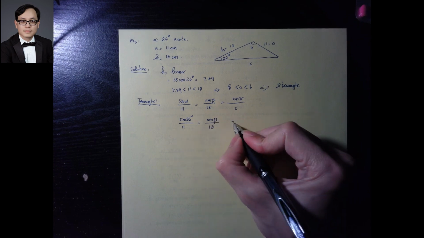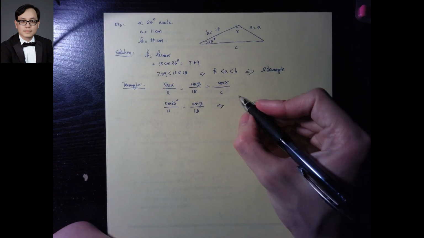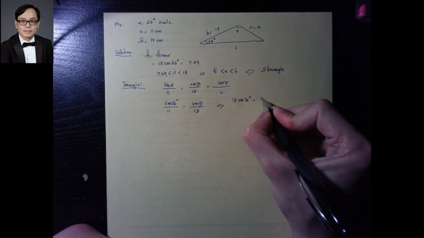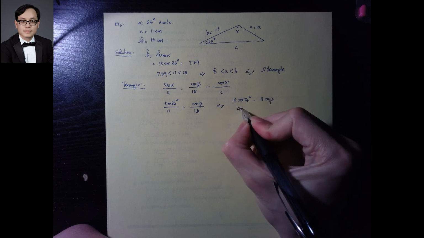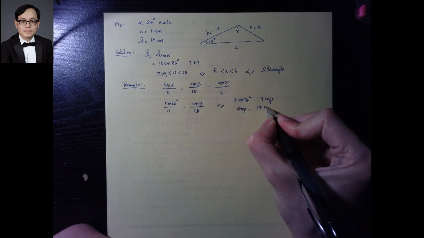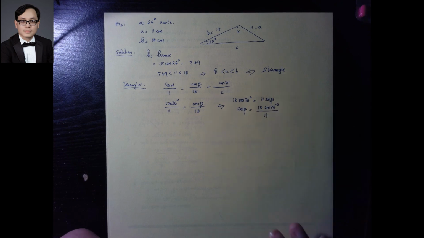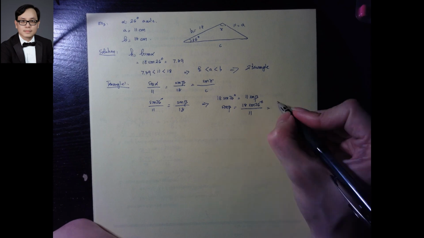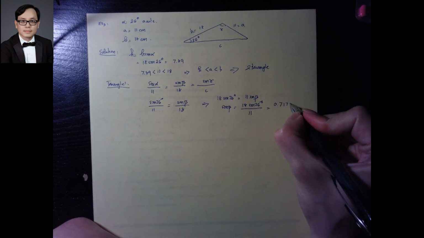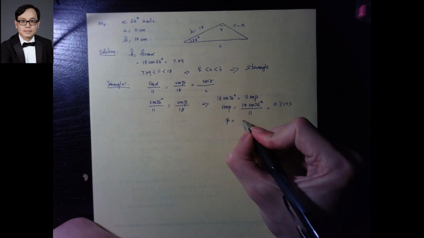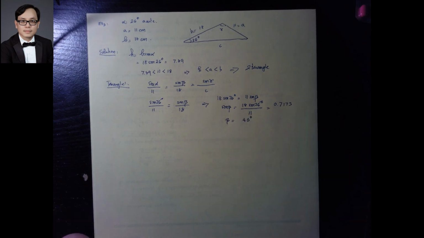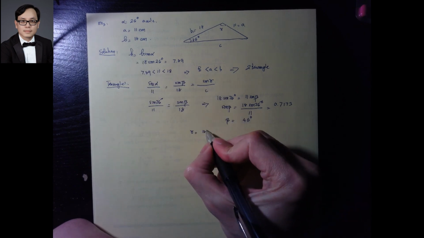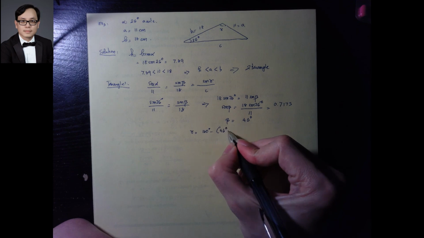From here I can solve for beta, right? So 18 times sine of 26 equal to 11 sine of beta. So sine of beta equal to 18 sine of 26 degrees over 11, which gives you 0.7173, and you take the inverse, which gives you 46 degrees. And now you got beta, you got alpha, and you can find gamma: 180 minus 46 plus 26,